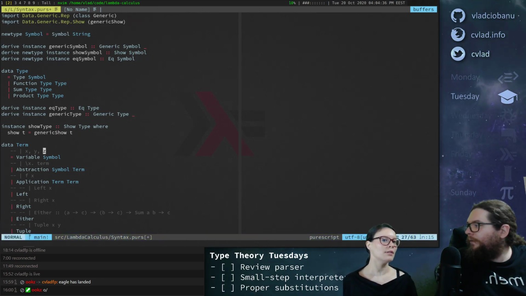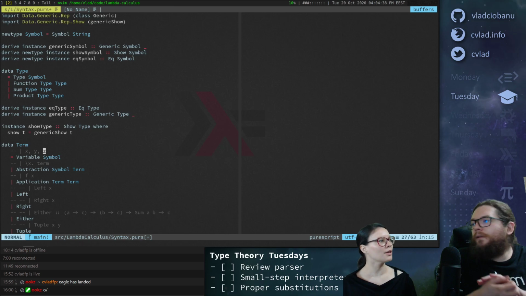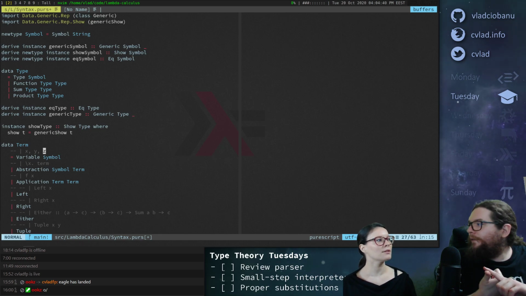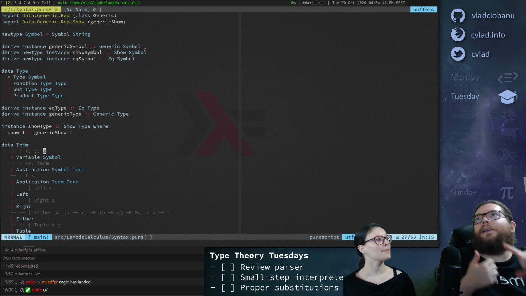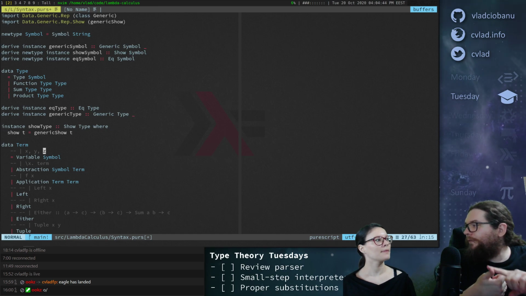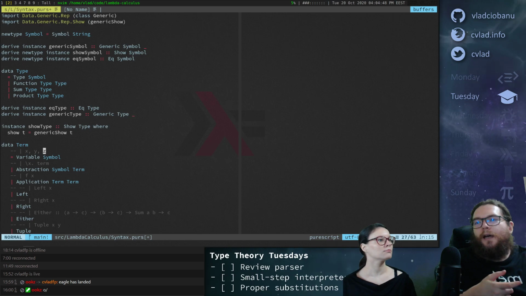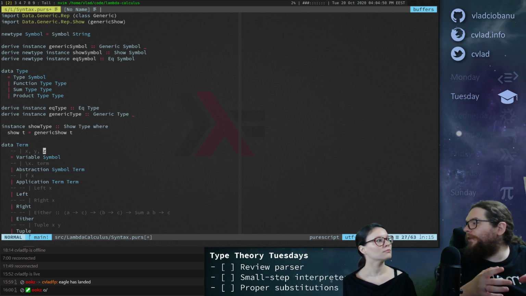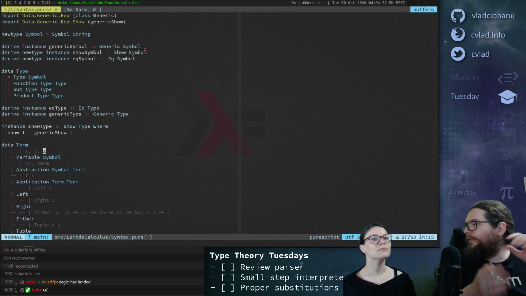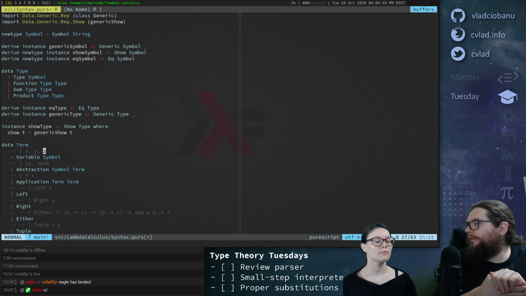Okay, and do you have any restriction? Like, can I start with a capital A? They have to be lowercase, or at least the first letter has to be lowercase, just the first letter. And it has to be a letter. Then you can also have apostrophes, like primes, and numbers, but not as the first letter. The first has to be a lowercase letter.